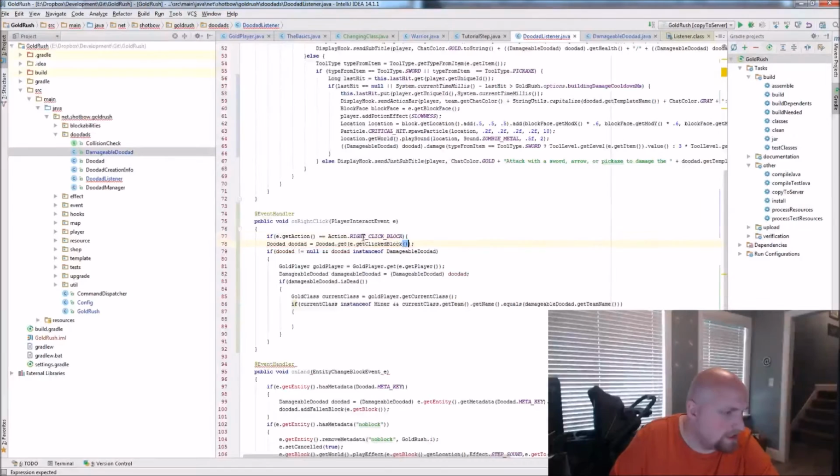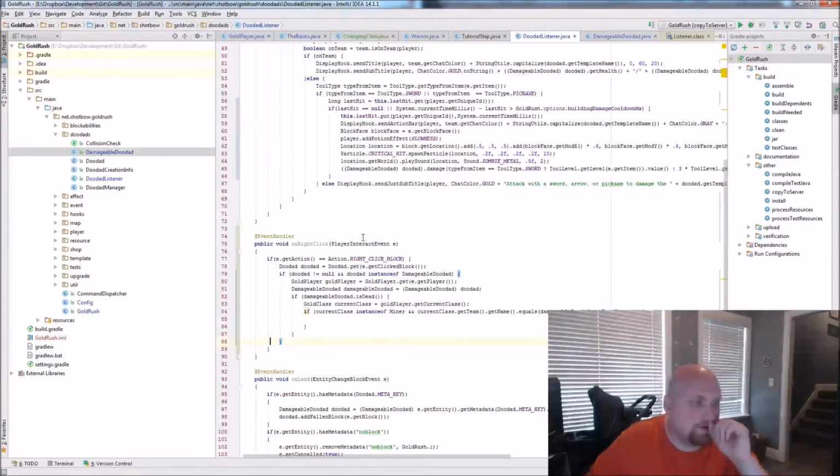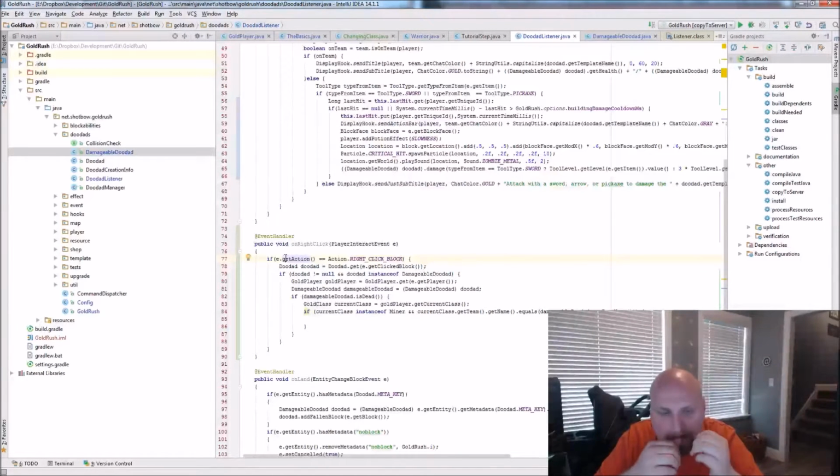So these are all just things that you'll learn over time with the Bucket API. You can learn what's being offered, what's available. You kind of have to decipher a lot of randomness, but it's a collection of a lot of people's ideas of the best way to do things. So you kind of just got to roll with the punches and figure out how to make it work and try and follow whatever conventions are best, I guess. But anyway, if getAction is right-click block, that guarantees two things. One, the player's right-clicking. Two, there's a block, because there's ways to interact that don't include a block. I know this is boring, but bear with me. I promise it'll be fun.